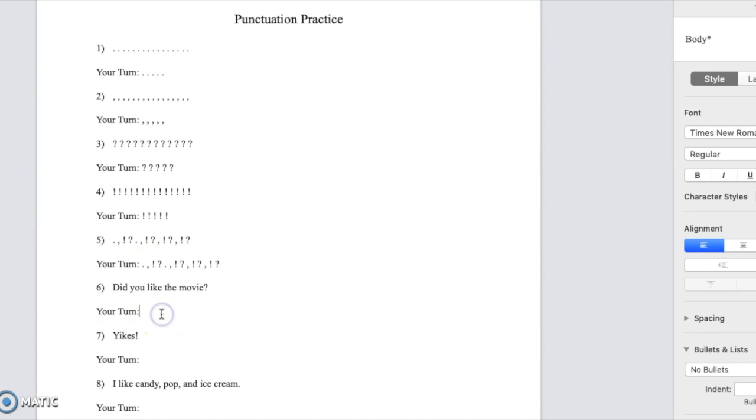Now here's the deal. When we're talking about punctuation, we're normally not going to just type a string of punctuation like we just did. Instead, we're going to type it as if we're using it in a sentence. So let's go ahead and practice. Remember how we did capital letters, we're going to hold down that shift key. So shift, capital D,